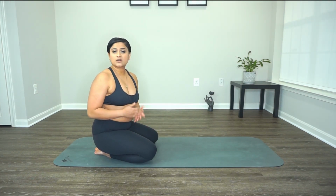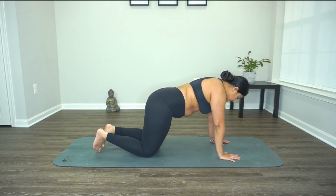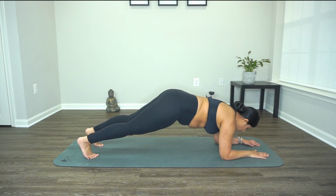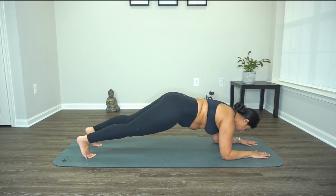Now, one of the common complaints when it comes to plank or side plank is wrist pain. So if you have any wrist injuries or just weaker wrists for whatever reason, you can always go onto your forearm. I'll show you how that's done here. You can come into your plank again and lower onto your forearms. Still keeping that elbow right underneath the shoulder, stacking the joints, hugging the belly button up and in, and then